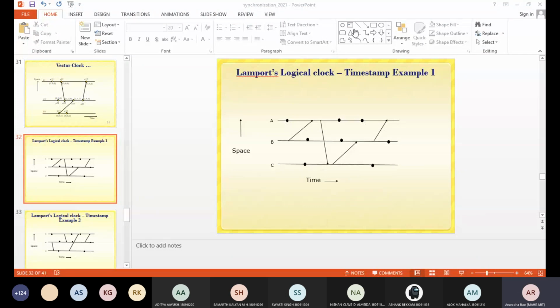Whoever has finished, you can raise your hand so that I'll get to know how many of you are able to get the concept of Lamport's clock. One more example will be given to you. You will be able to work on it, and then we can move on to the vector clock.